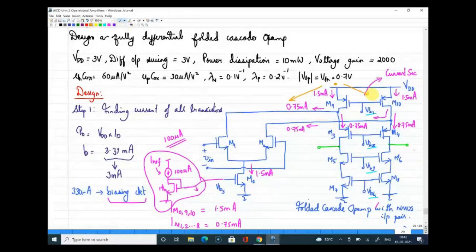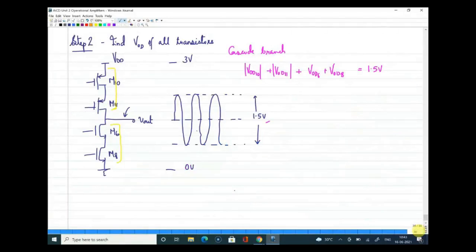Since the right branch has 4 transistors in cascode configuration, that is one point. Another point is there are two branches available, which means we have VDD voltage available for both the branches. Yes, sir. Got it. Thank you, Bhuvan, for asking that. So I can assign the one cascode branch to 1.5.